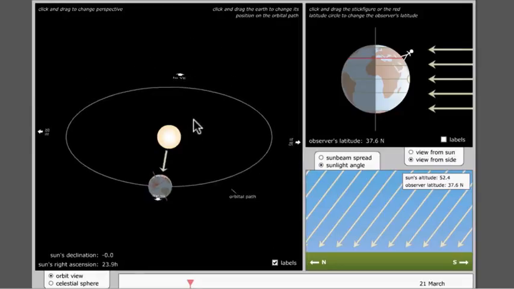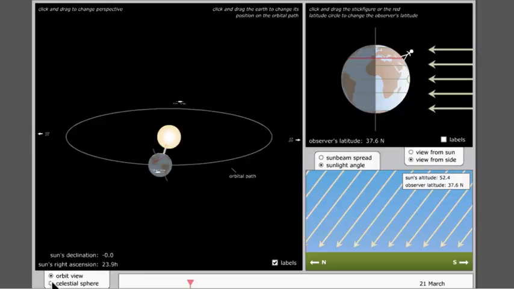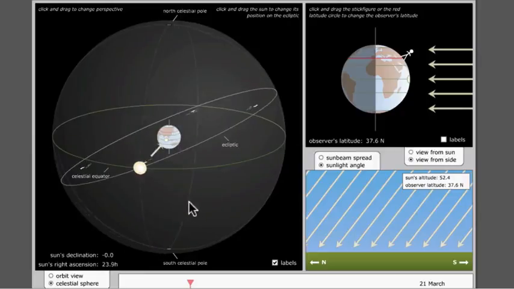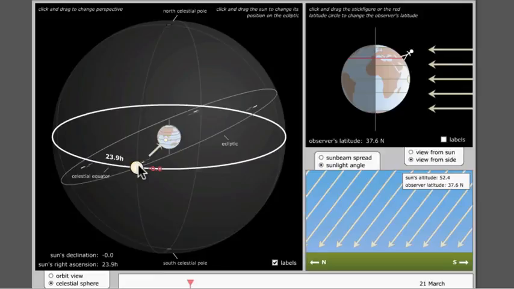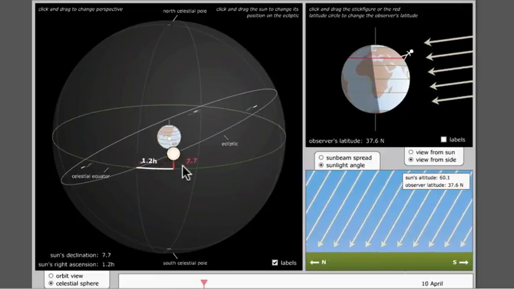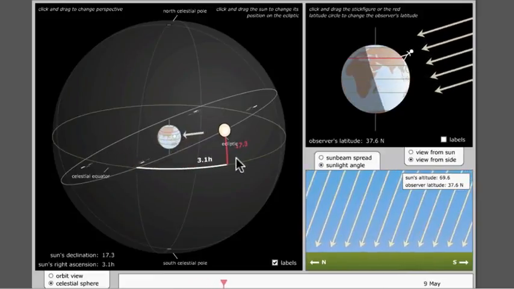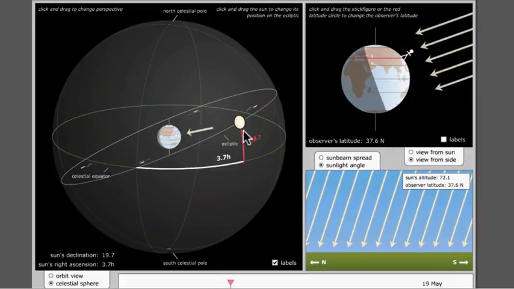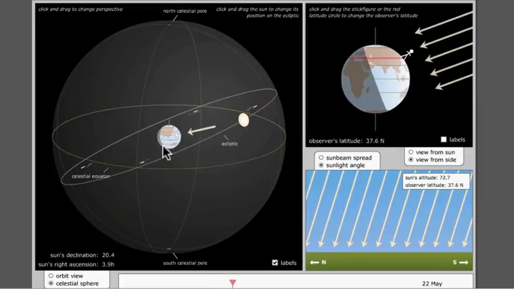Now, moving back to the celestial sphere, as time goes by, the sun moves around not the equator, but the ecliptic. So a few months later, the sun is now north of the celestial equator. Its declination at this point, its right ascension is 3 hours, so let's move it a little bit more. Its right ascension is 4 hours. That means that about 2 months have passed. If it was March 21st, it is now